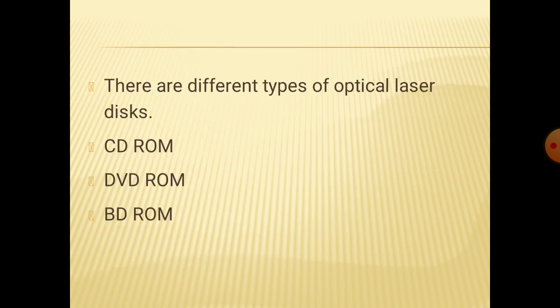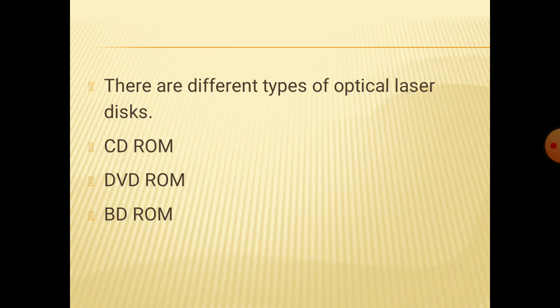There are different types of optical laser disks. The first one we have is CD-ROM, then we have DVD-ROM, and then we have BD-ROM. BD stands for Blu-ray disc. CD stands for compact disc. DVD stands for digital video disc or digital versatile disc.